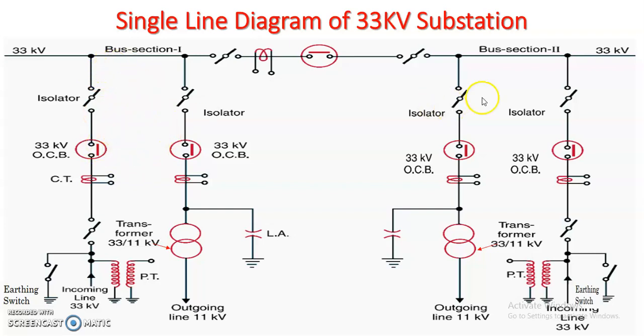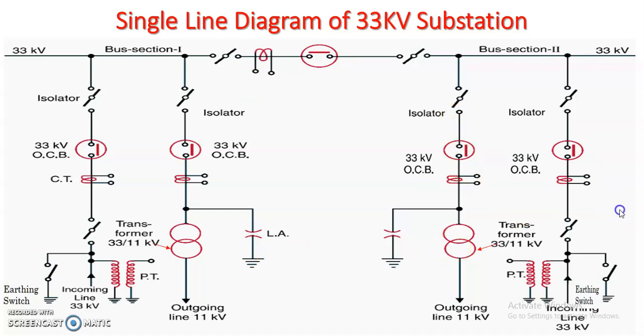Similar to section 1, there is bus section 2, where the incoming line is 33 kV and the rest of the equipment is at the substation. Then there is again 11 kV. If we have to take out the transformer in section 2 for maintenance, the rest of the load is supplied with the help of transformer 1. So in case of maintenance or a fault in one section, the other section can supply the power. That means it will maintain the reliability of the supply because of section 2.